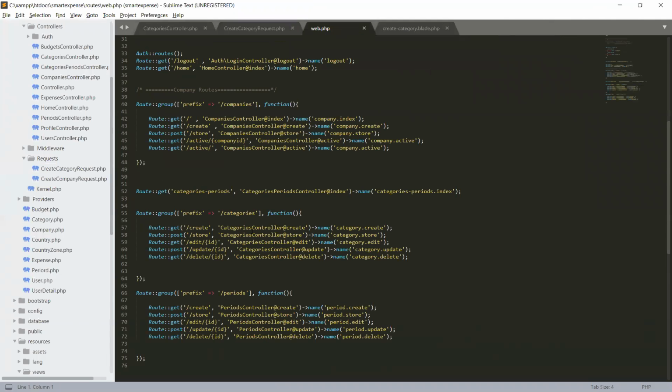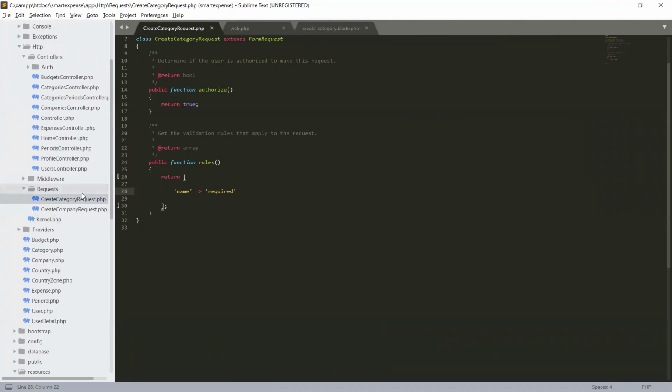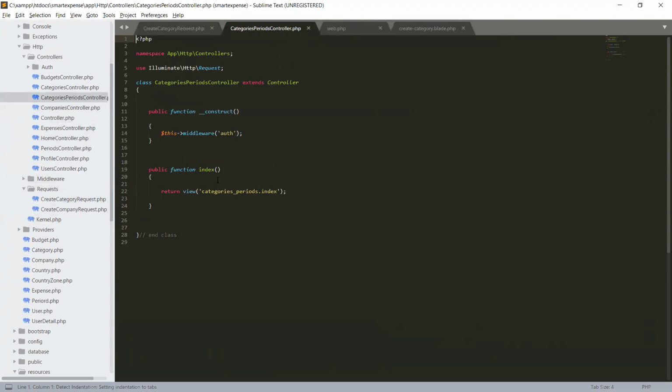We know that to show the database records we are using the categories controller and the index method. Let's access our categories controller, and in this index method we will send our data to our category view. Before returning the data, right now I will use the Laravel method to fetch the data and send the data back to our index file.